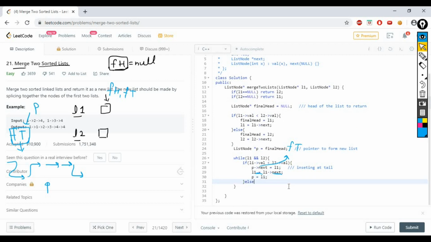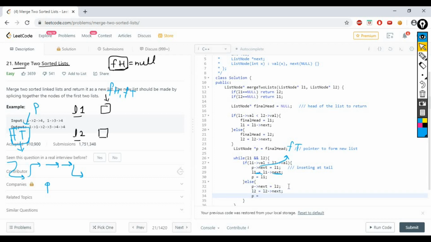Now in the else part, so what we have to do in the else part, so in the else part we will insert L2 and L2 will move ahead. So L2 equals L2 arrow next, and similarly we will update our pointer.